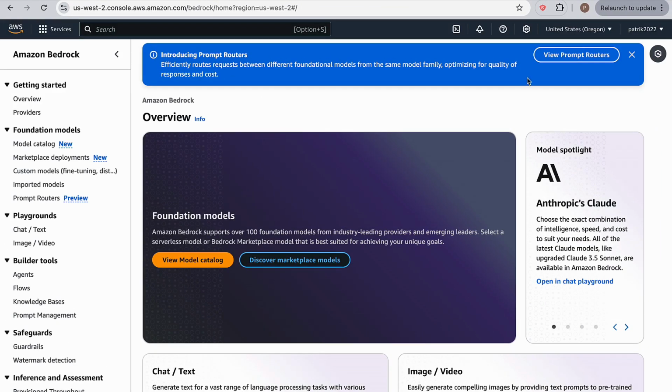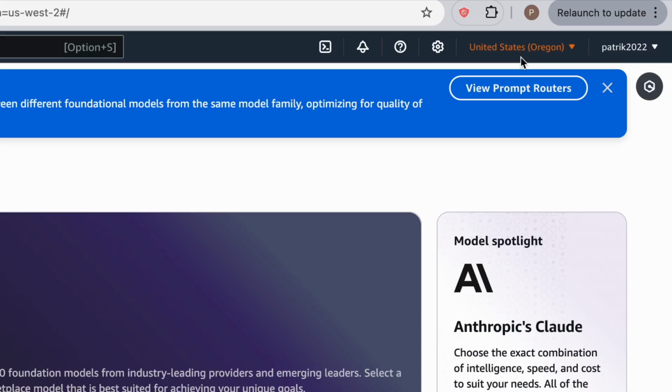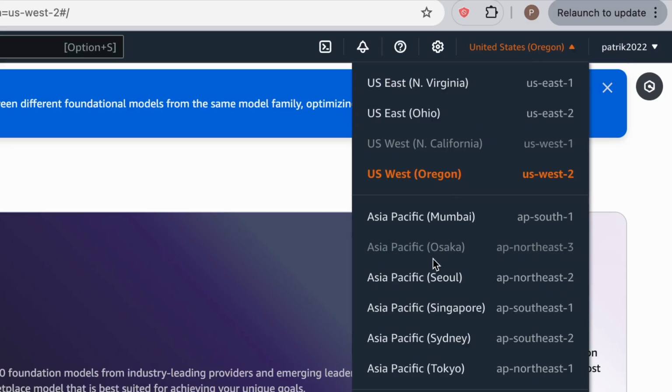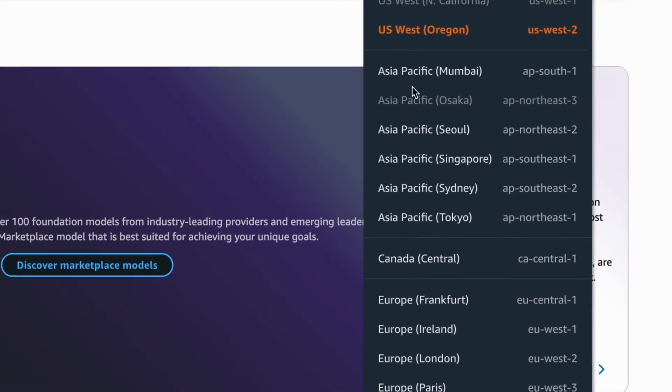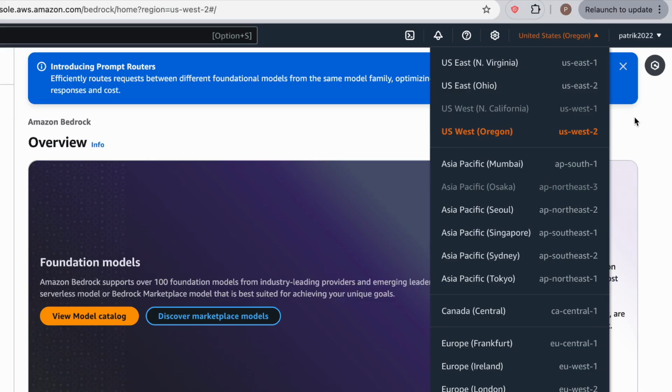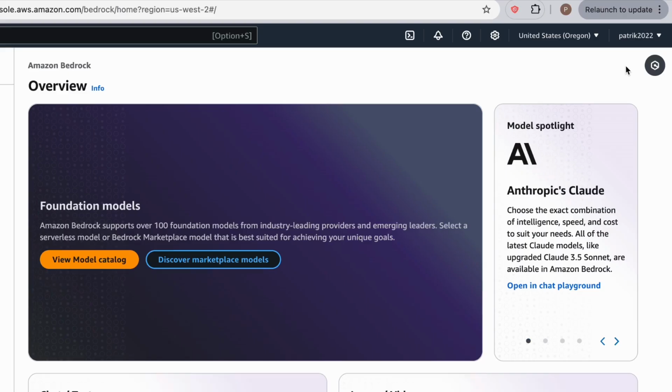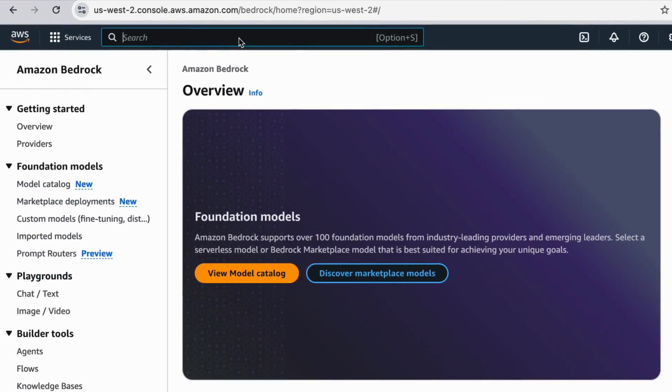Now, one thing to note, I am in the United States Oregon region. And the reason for that is because this region has the highest possible API limit for agents, okay? So usually I always recommend my students to go to the region that is closest to where they're working from, whether that's Asia, Canada, Europe, or other parts of the United States. But this time I would ask you to please go to US West 2. That's the Oregon region, okay? And I'm going to show you why.